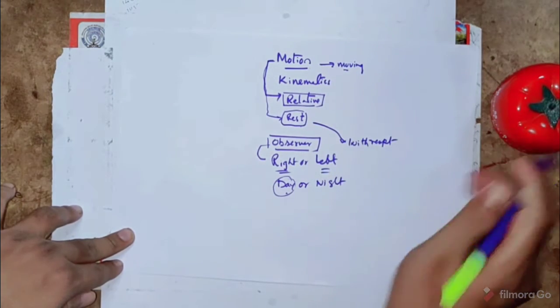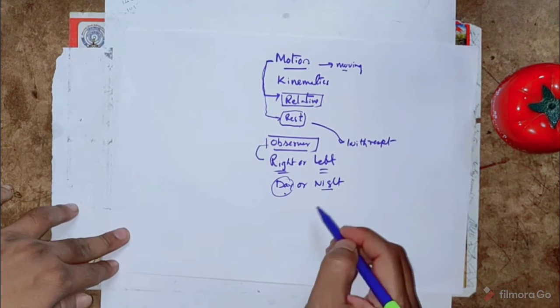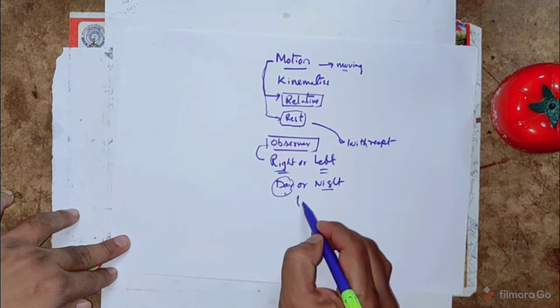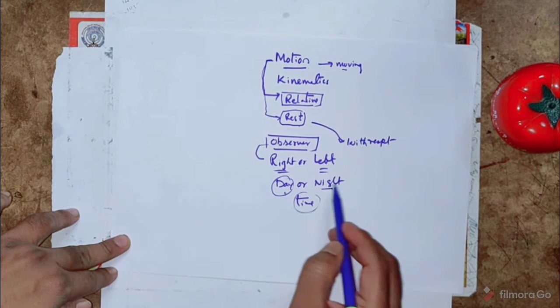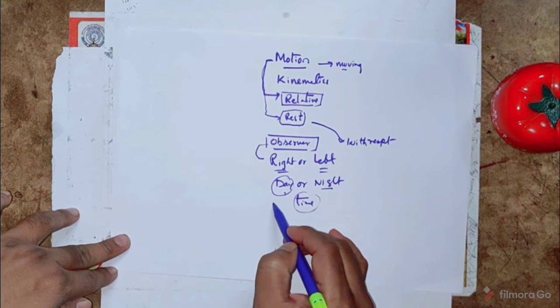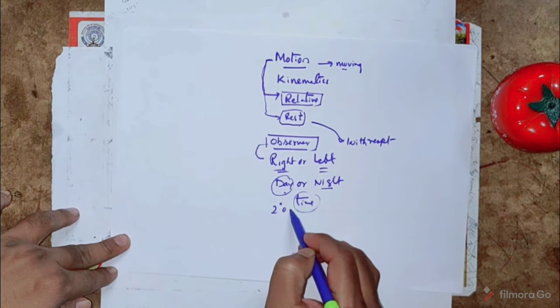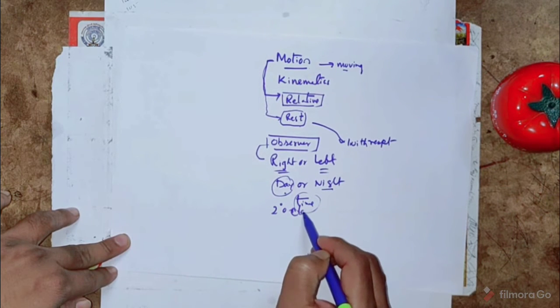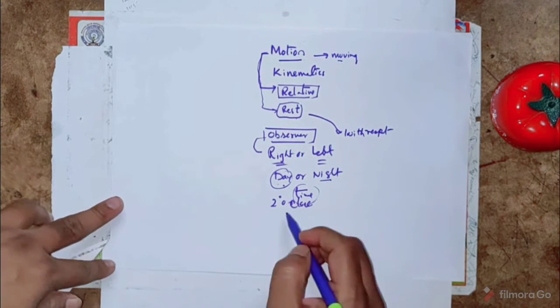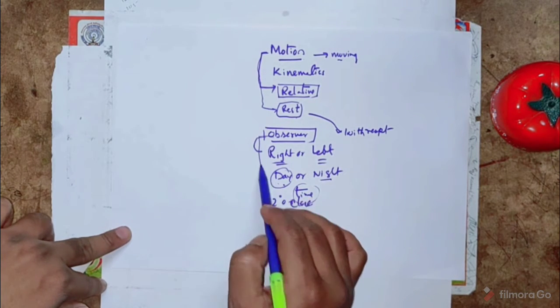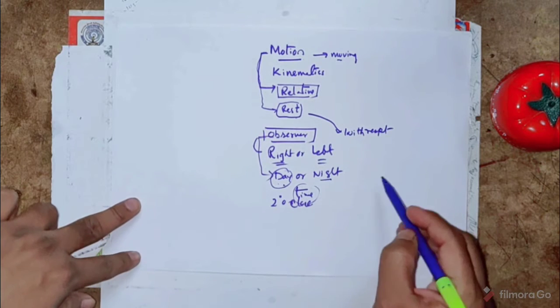For us in India, at 2 o'clock in the afternoon it may be day, but for America it may be night. So day and night are not permanent constants; they depend upon where we are doing the observation. And similarly,